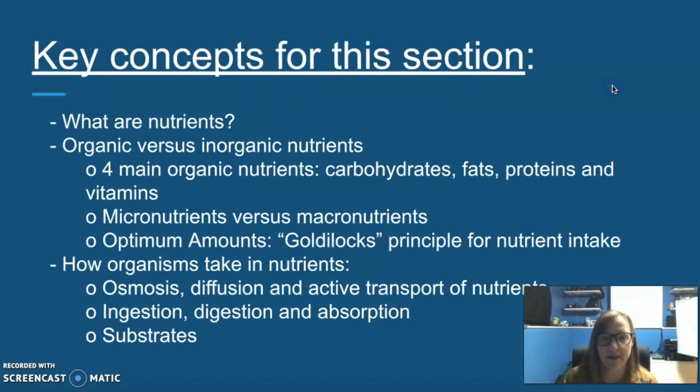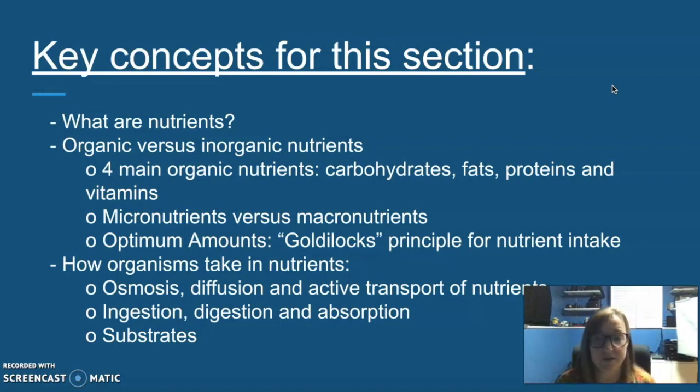So what we're going to be covering in this section is, again, what are nutrients, and then talking about the main differences between organic and inorganic, and then the four main types of nutrients, the carbohydrates, the fats, the proteins, which we talked about last week, and then adding in vitamins, talking again about micronutrients